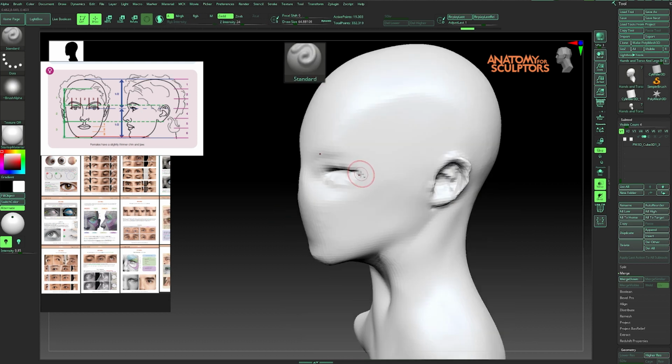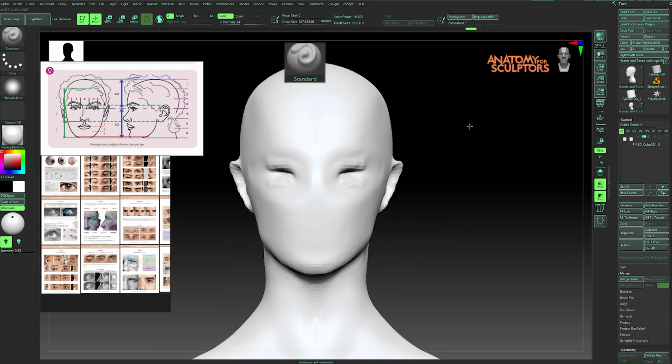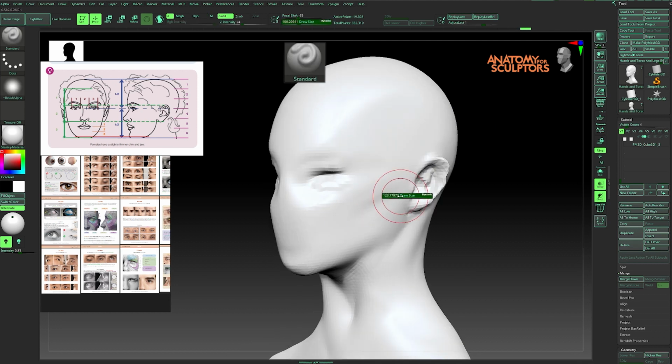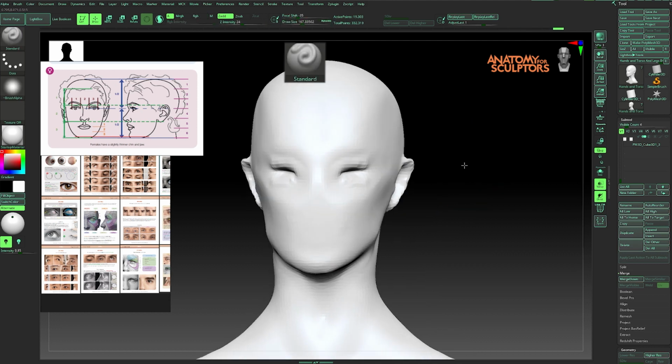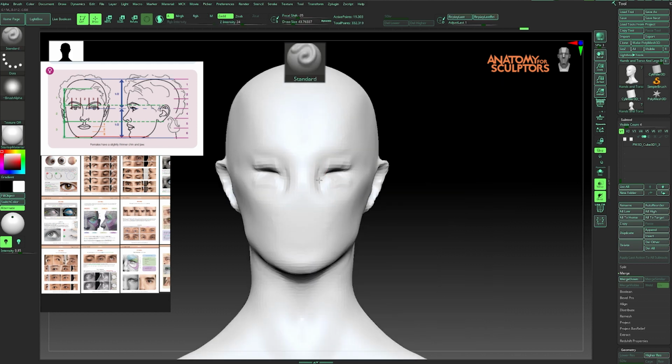Now we have a shape to start creating the eyes. We carve a small indentation on the outer side of the eye. This indentation breaks the box shape of the eyes and makes the transition from the eyes to the head fluent. Then we make an indentation below the eyes to mark the cheekbone, and we carve in the inner corner of the eyes near the nose.